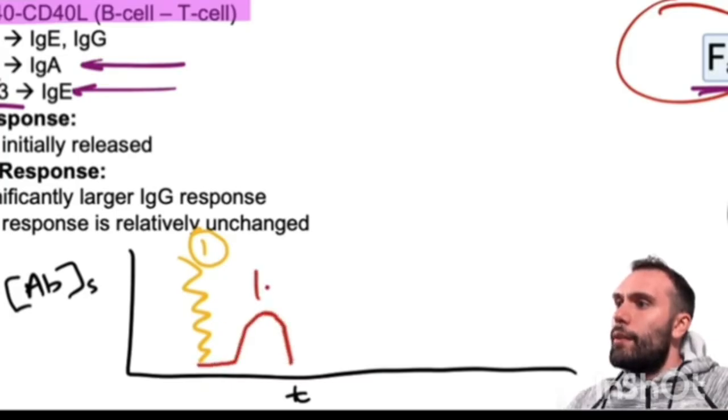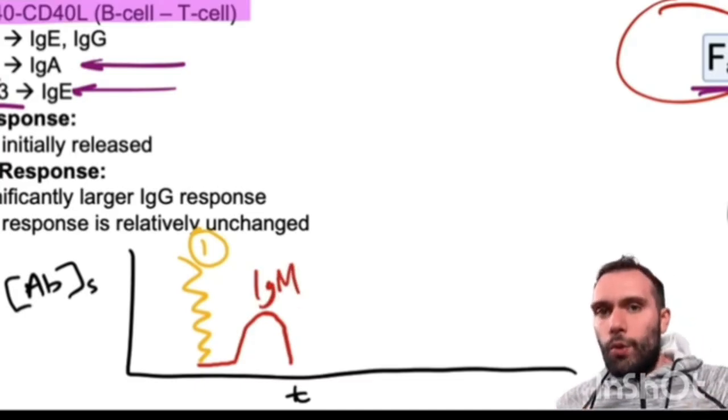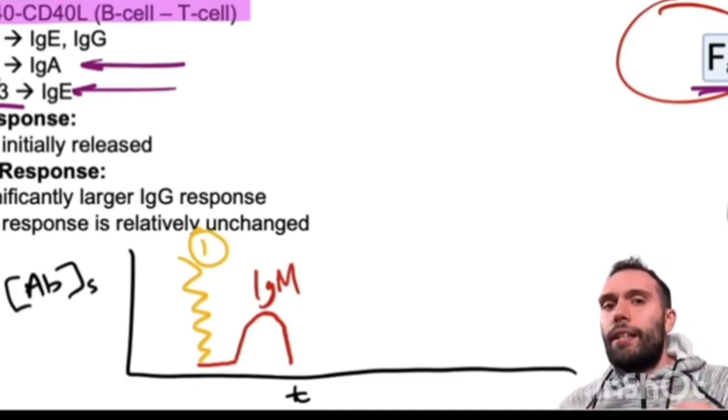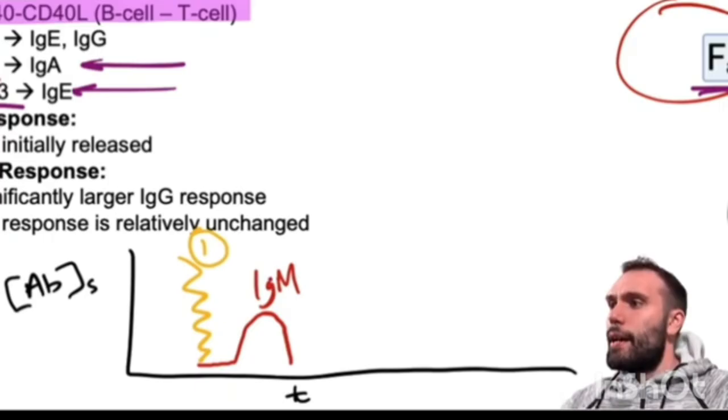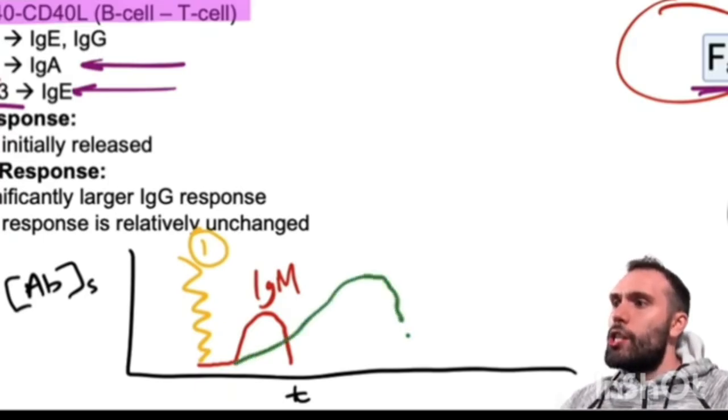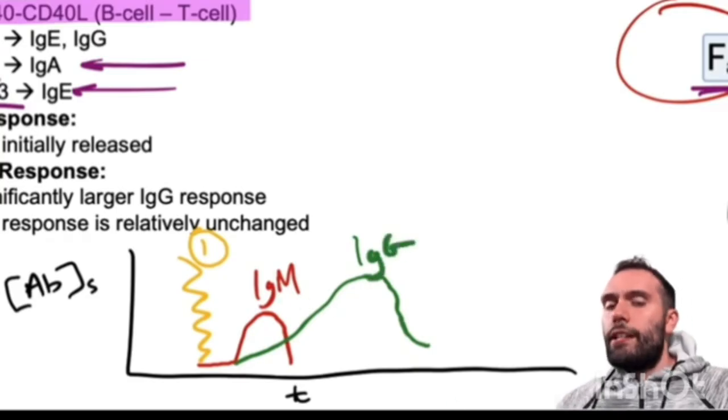Okay, so our IgM level, after realizing that we're infected with this antigen, again, we're going to have an inflammatory response, and some B cells will recognize this antigen for the first time and turn into plasma cells and increase the amount of IgM being released. Okay, so we'll get some IgM release here. So we might also get some IgG being released. And the IgG response we'll get after class switching is actually going to be much greater than that initial IgM